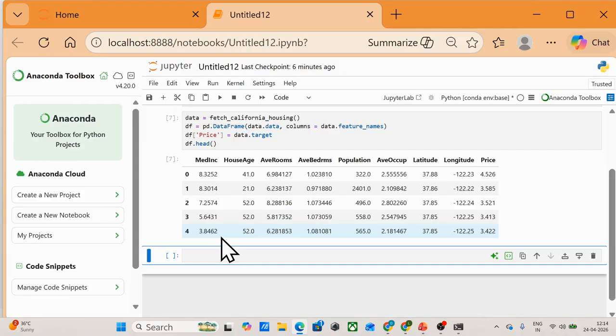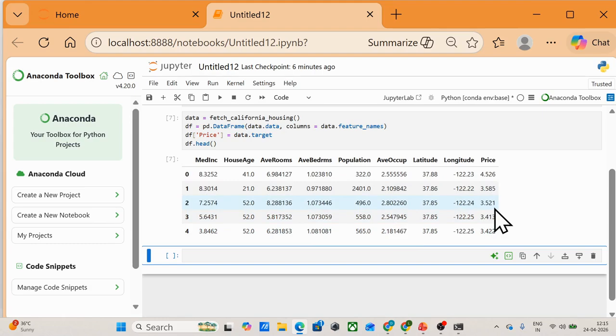Now here you can see the data set clearly. Each row represents one house and each column represents the features. Okay, for example, we have MedInc, the median income of the area. Okay, and we can observe the higher income value often corresponds to higher prices. We also have features like house age, then we have average rooms. Okay, then we have population. This will all influence our final price. Okay, finally the last column is price, you can see is our target variable we want to predict.